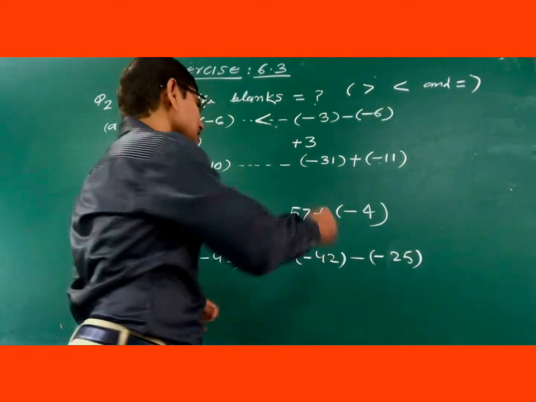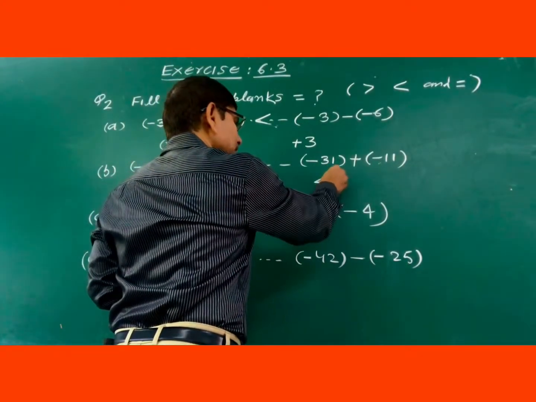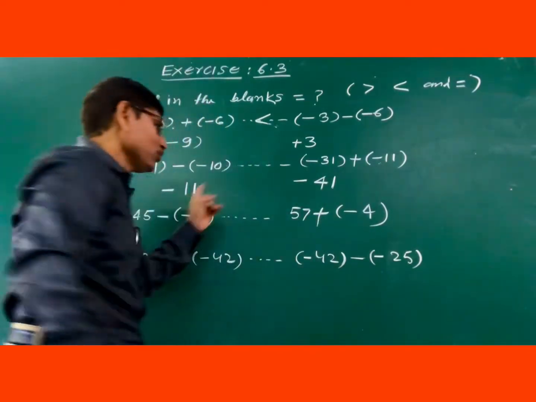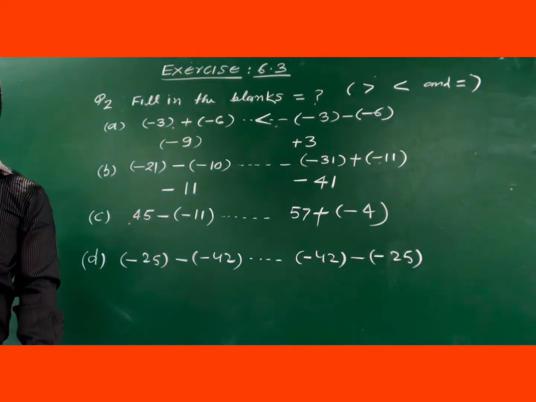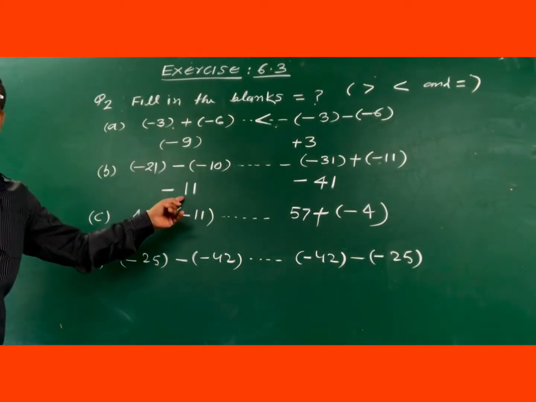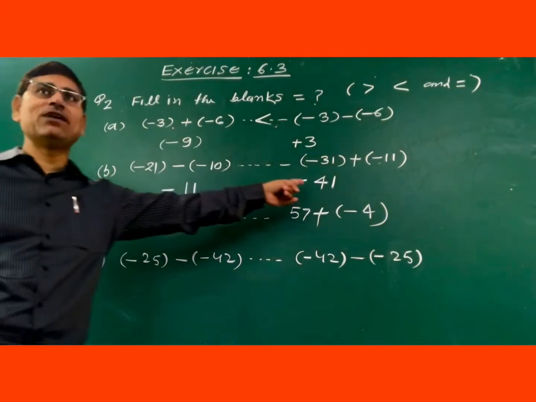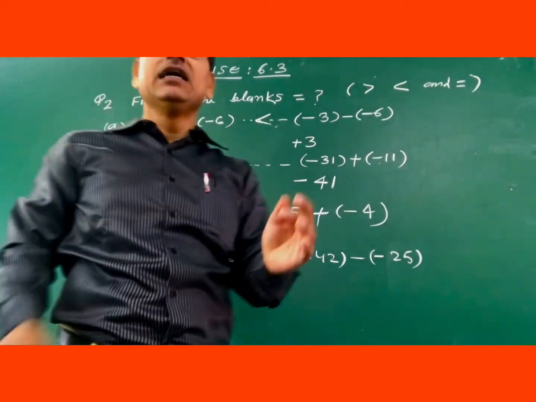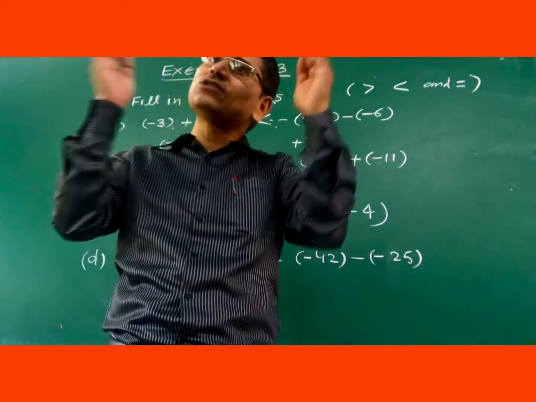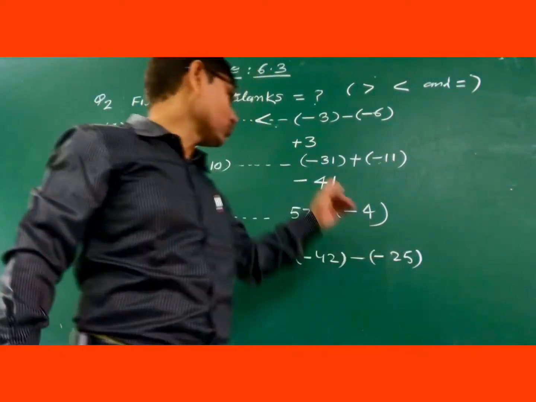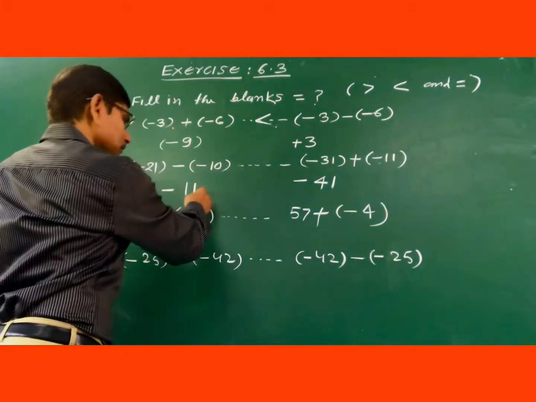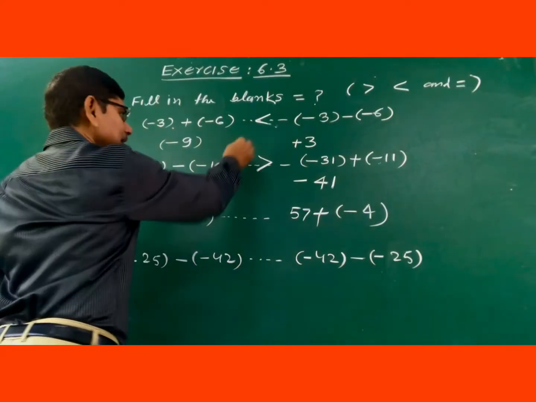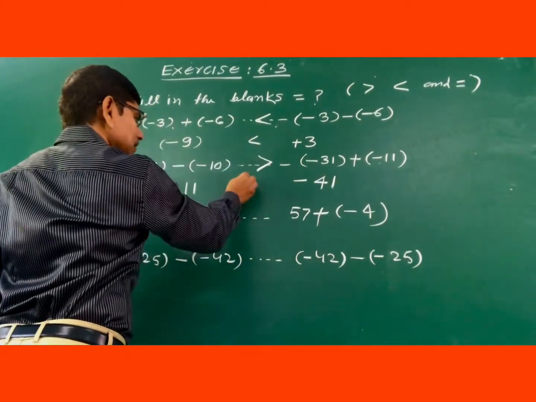41 is the correct answer. So you will put 41, but mark the same sign, that is minus. Now which one is greater? Yes, correct. 11 is greater than 41. जो नेगेटिव नंबर होगा, जो नेगेटिव इंटीजर होगा, जितना ही वो बड़ा होगा उतना ही उसका वैल्यू छोटा होगा. So this one is less. So you will mark this sign here. Okay, यहाँ भी आप इसी को साइन को मार्क कर सकते हैं यहाँ.